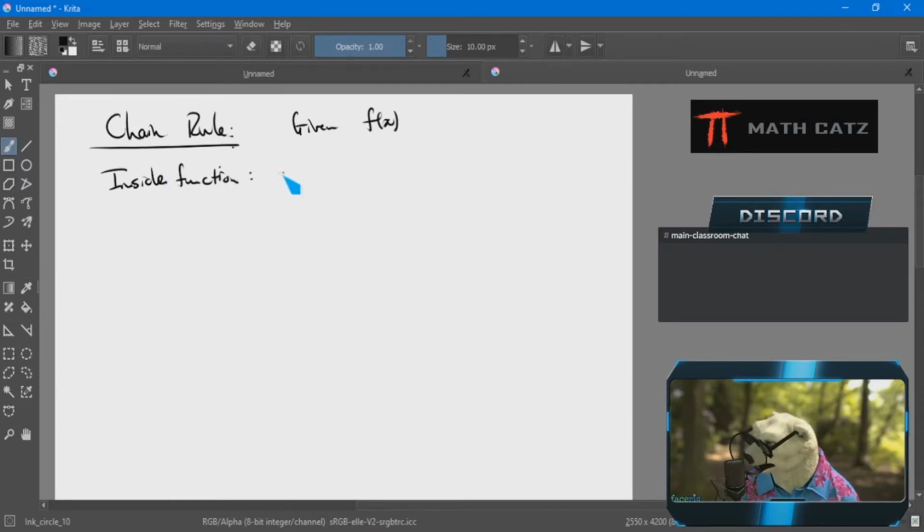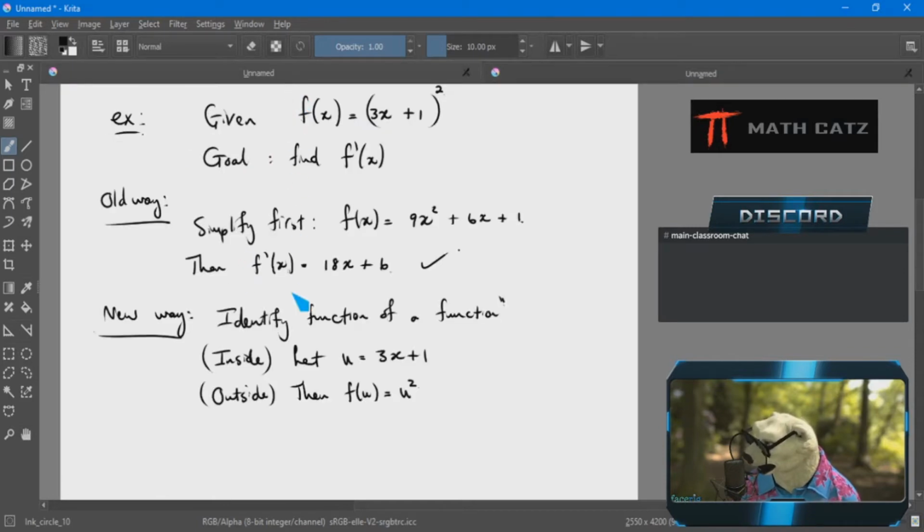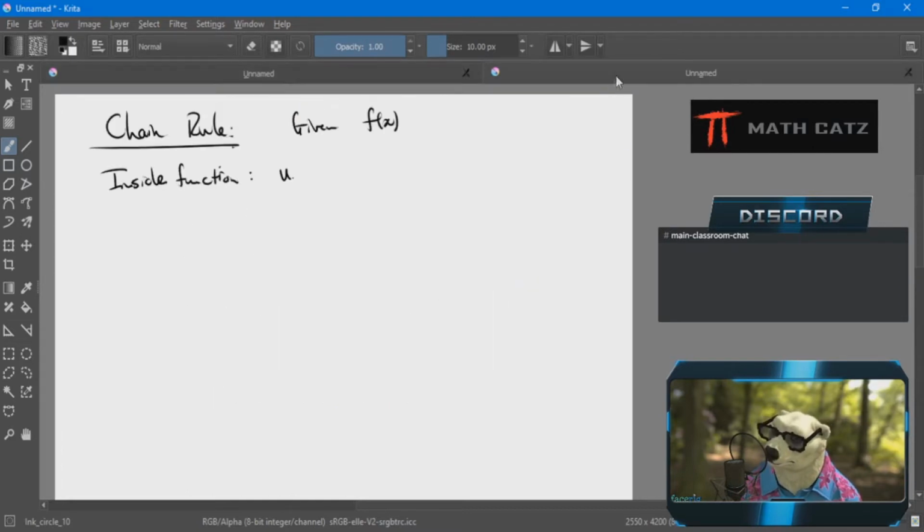We have found an inside function. Let's call it u. Now note here that u is a function of x, right? It's defined in terms of x's. So I want to just keep that in mind, and I write the brackets with it to remind myself when I talk about u as a function, x is the independent variable. With it will go my outside function